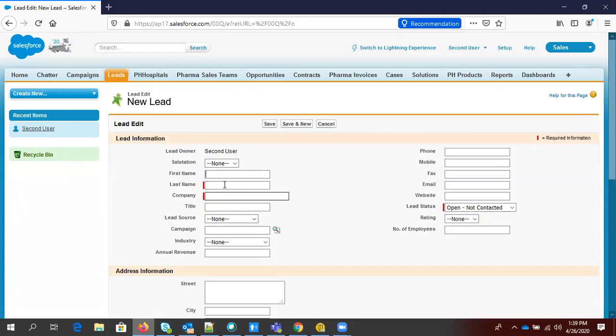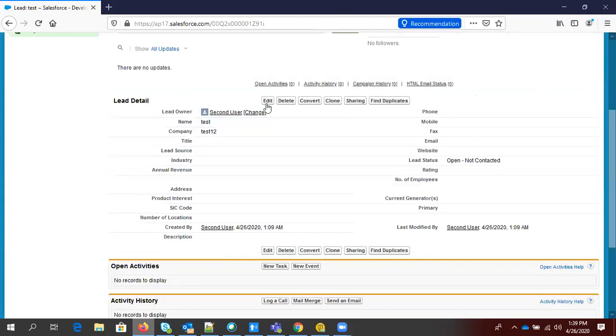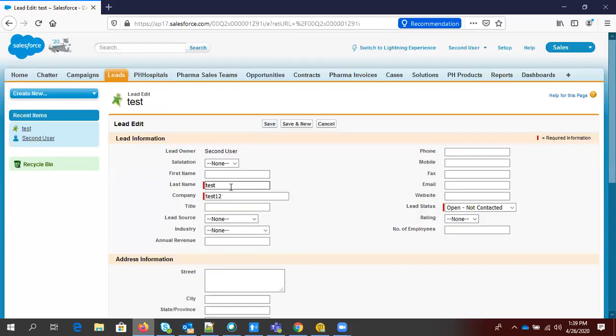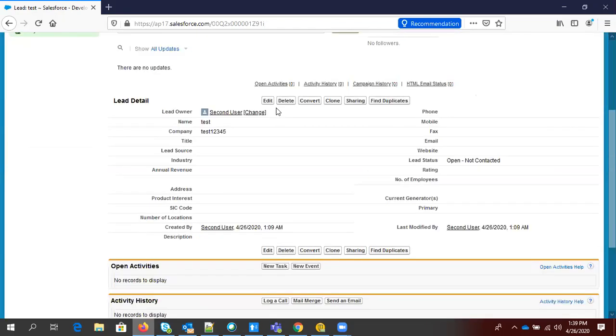Let's just do it. I'm just clicking on lead and saving it. So he has created a lead and now he has the buttons to edit the record and delete the record, right? You can see both the buttons are available here. If I click on edit and, let's say, I want to change the company name, I'm able to do it. There is no restriction. If I want to delete it, I can delete as well. There is no restriction, guys.